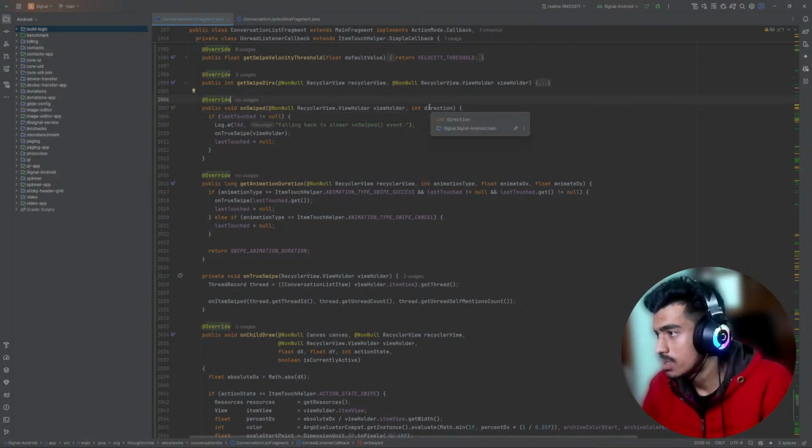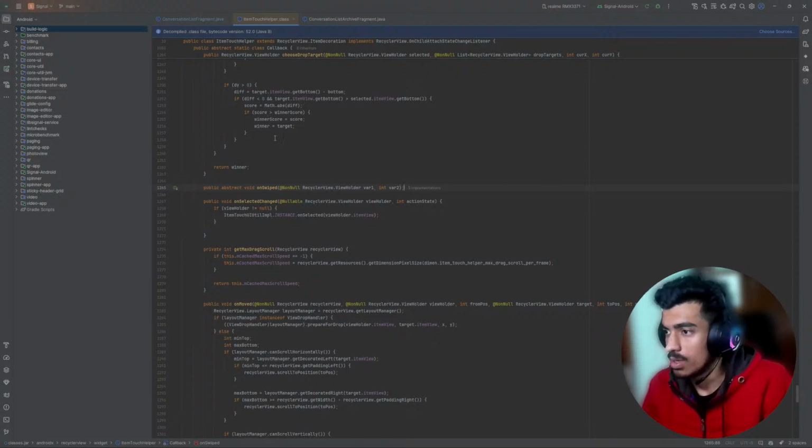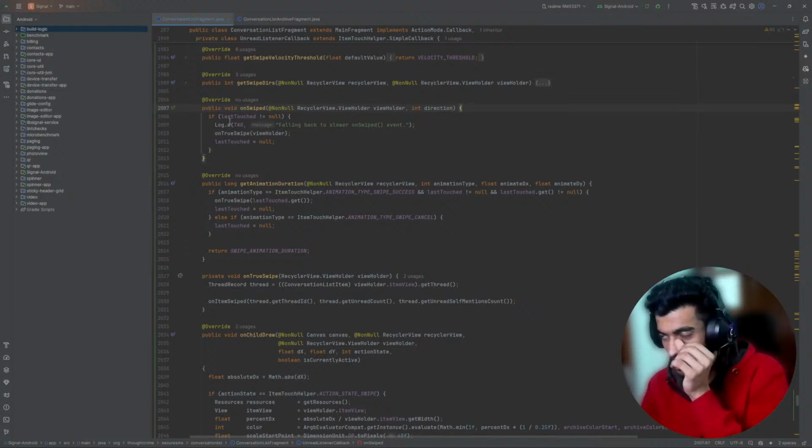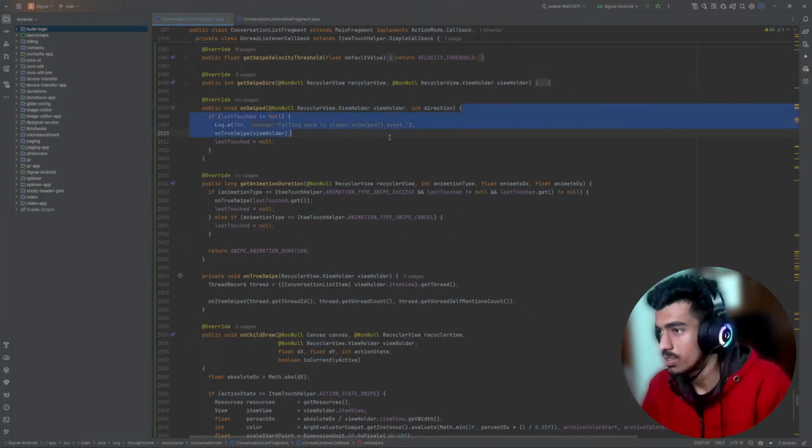What is this direction? Let's check. Okay, the source code is not present. We can't know what is the direction here. This is a void function. So on swipe,